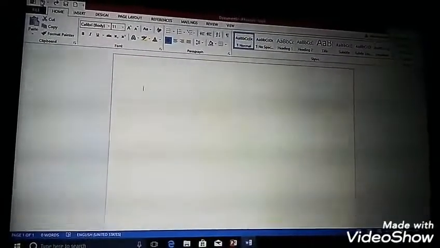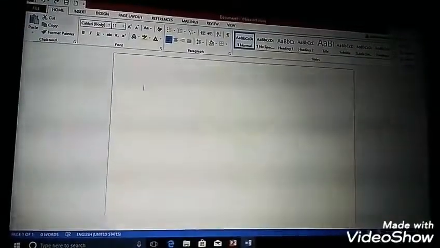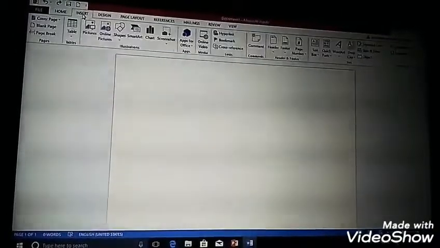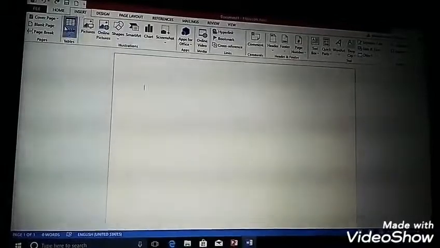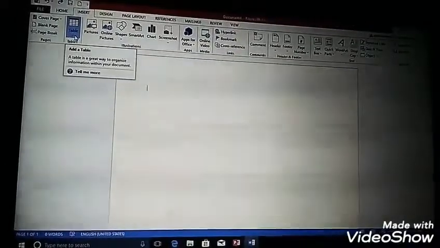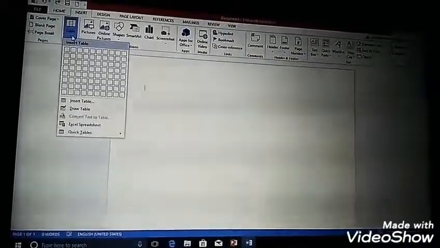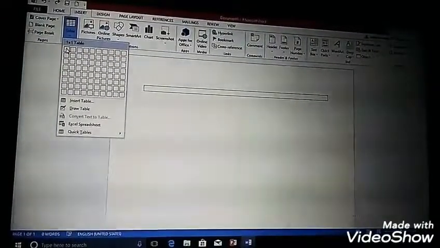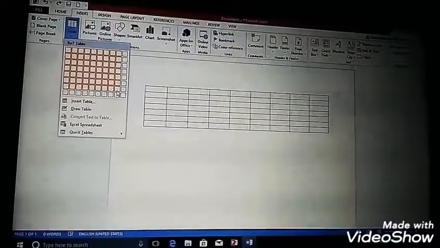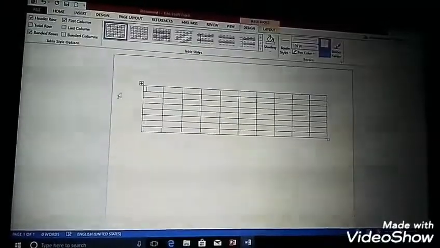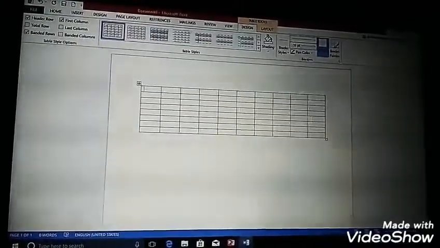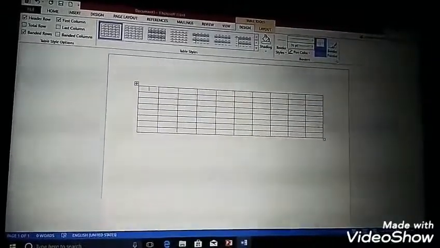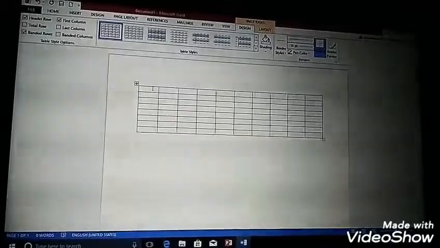See students, this is MS Word. For creating tables, we have to go to this Insert tab. Can you see the mouse pointer? And on this, we have to go to this Table drop down button. And how many rows and columns we have to insert? We have to drag our mouse to this and see, our table is done. And this first box, this is known as a cell. Okay?